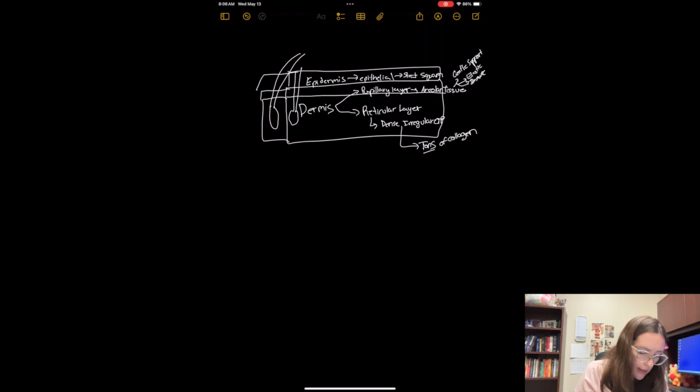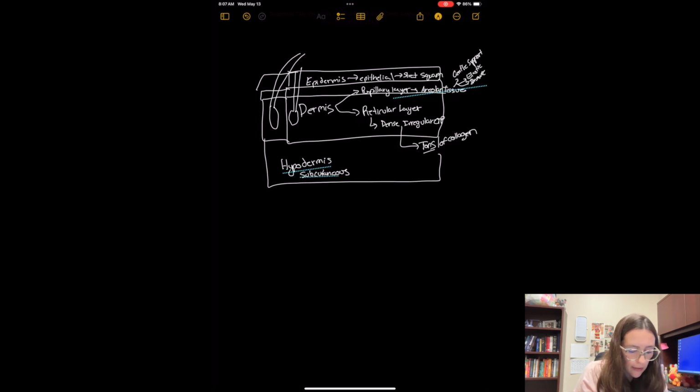And then underneath the dermis and the epidermis, at the very bottom here, we have the hypodermis, or the subcutaneous layer. And this is where we're going to see lots of fat, so lots of adipocytes. We're going to see more nerves and blood vessels and all that good stuff. So if you've ever heard of a hypodermic needle, it's going to this region here. Anyway, those are the general